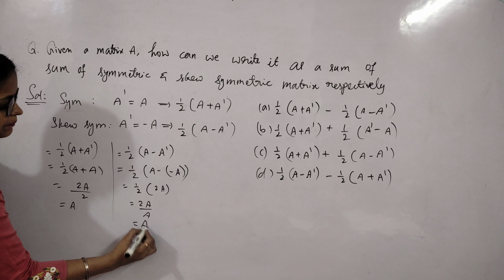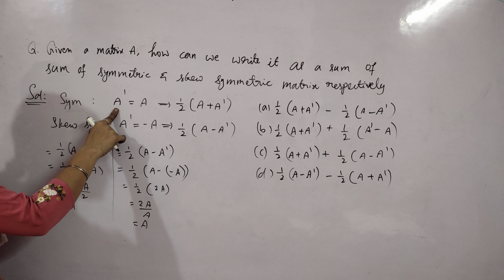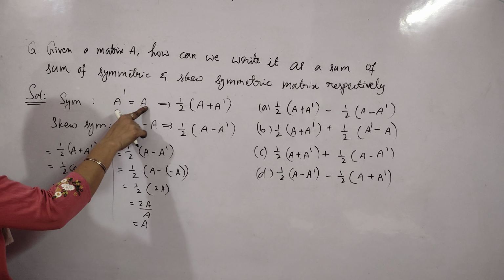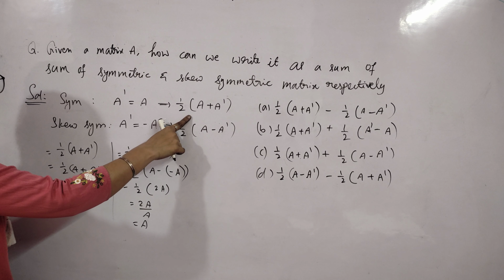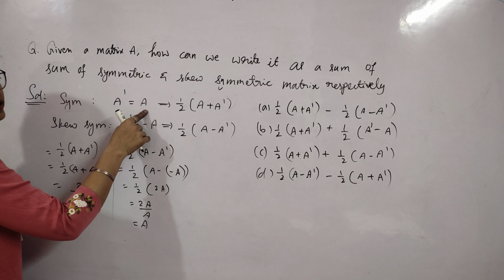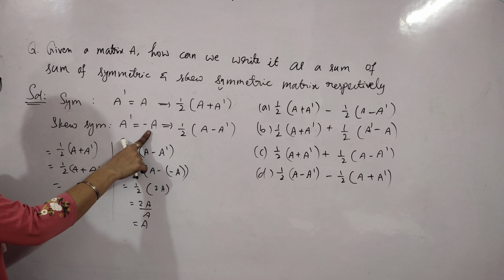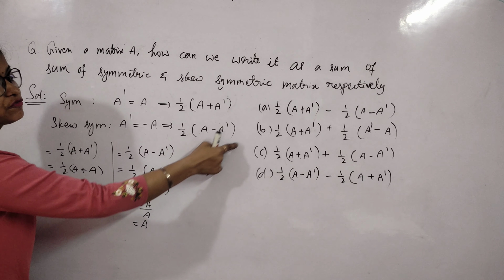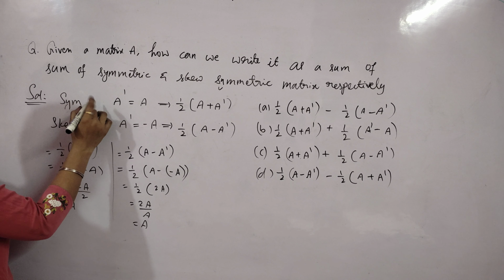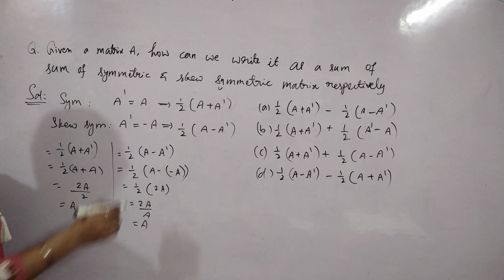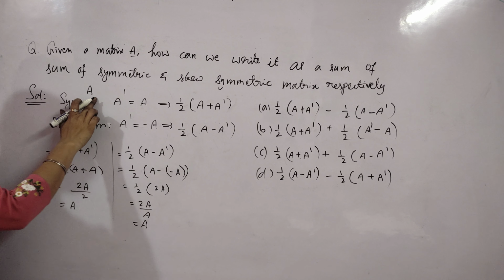So it means that whatever you do, the transpose of the given matrix, if it results in the same matrix, then it is a symmetric matrix, and it can be written like this, because if we solve this, again we are getting A. Similarly, in a skew symmetric matrix, the transpose will be the negative of the given matrix, and this can be written like this, because if we solve this, we will get the A matrix only. Understood? On solving this, we are getting the given A matrix.